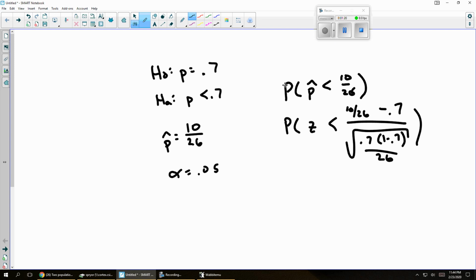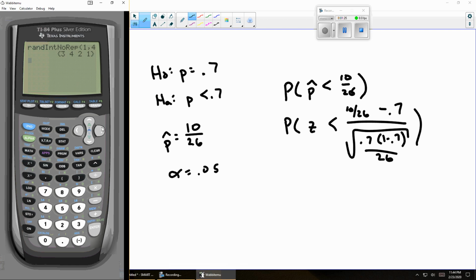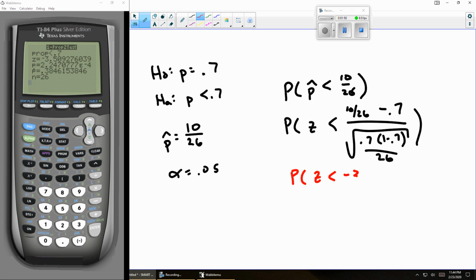And I could work this out, but I notice if I look on my calculator and I press stat, test, 1-PropZTest, I can enter this information into my calculator, press calculate, and it will show me that the test statistic for this problem is